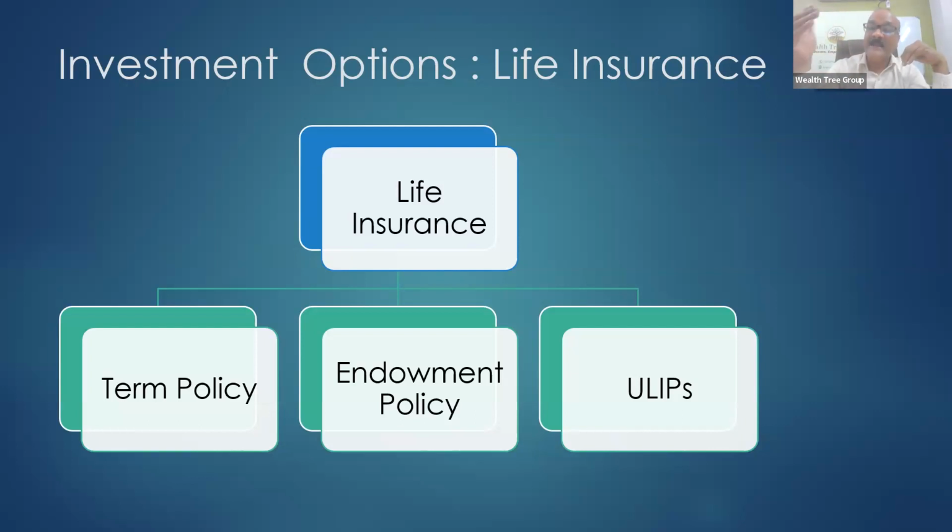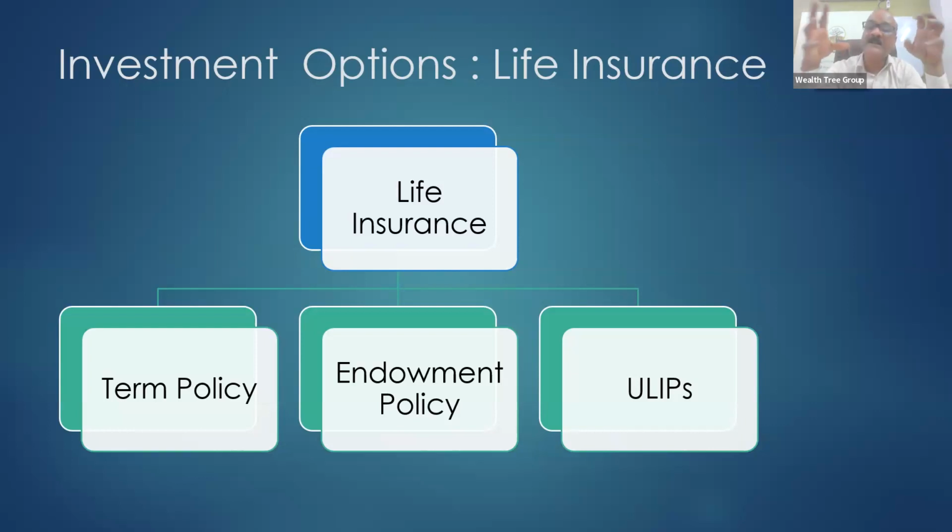Second priority: yes, there are endowment products and ULIP products which are for specific reasons. That is, you want to have a retirement plan, or you want to have a child plan. So for that, you can invest in these policies, either endowment policy or ULIP policy. Your investment will grow maybe 7-8%. In ULIP, you may get around 15-20% also if markets are good. But here there is a purpose for you to do this, because whatever happens to you, your child's education and priority should not be disturbed.